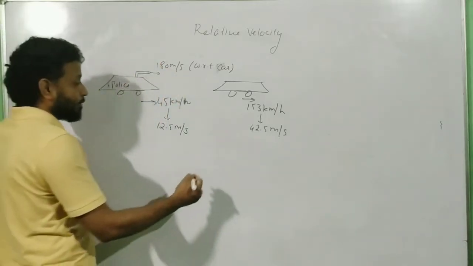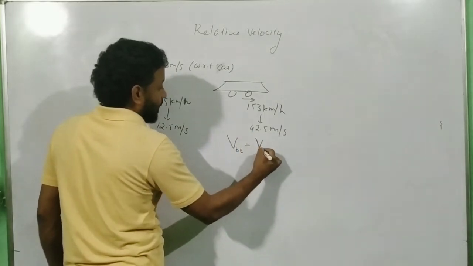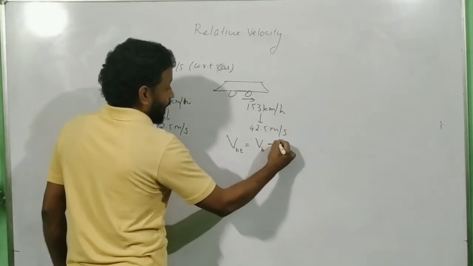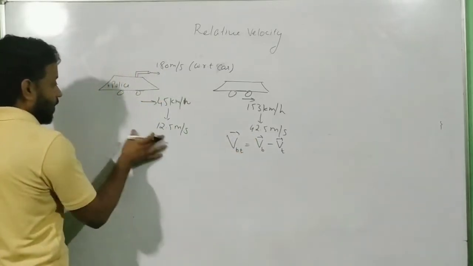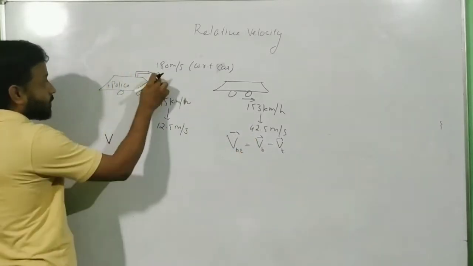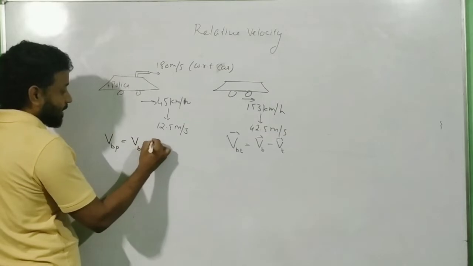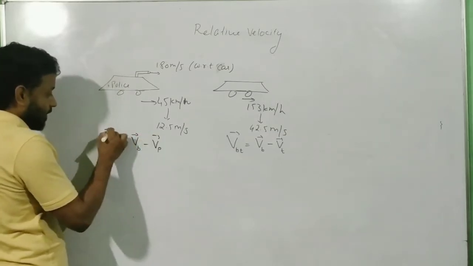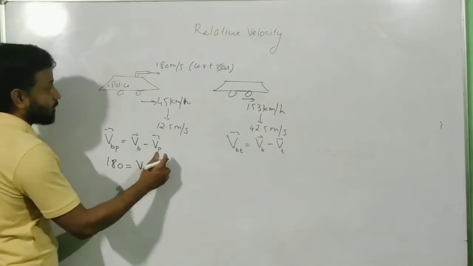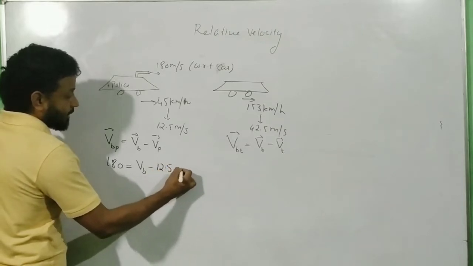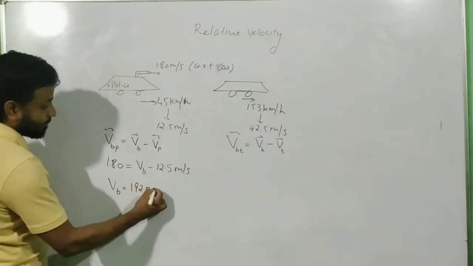So remember one thing, I have to find the velocity of the bullet with respect to the thief car. That means I have to find the velocity of the bullet with respect to ground minus velocity of the thief car. Okay, this is our approach. Now come over here. What is given to you? This 180 meter per second is the velocity of the bullet with respect to the police car. That is velocity of the bullet minus velocity of the police. This is given as 180 equals velocity of the bullet, which I have to find, minus velocity of the police. Police is 12.5 meter per second. Take this on this side. So VB will be equal to 192.5 meter per second.